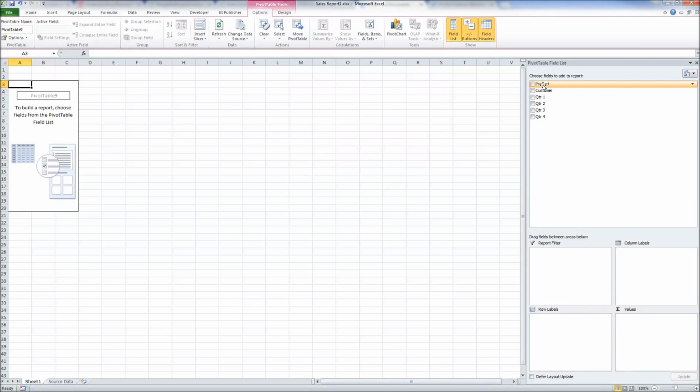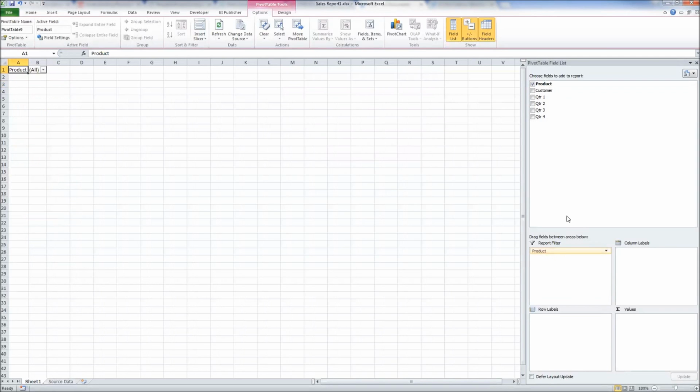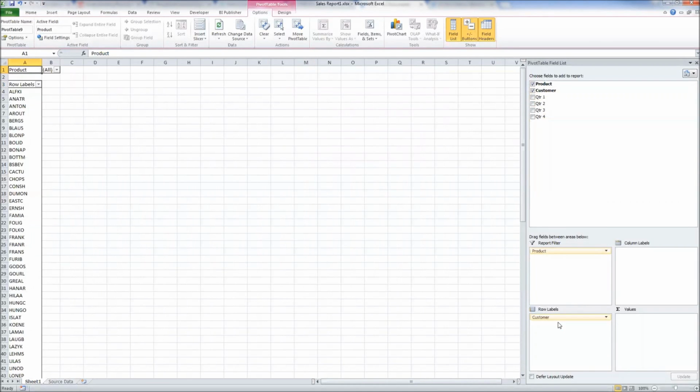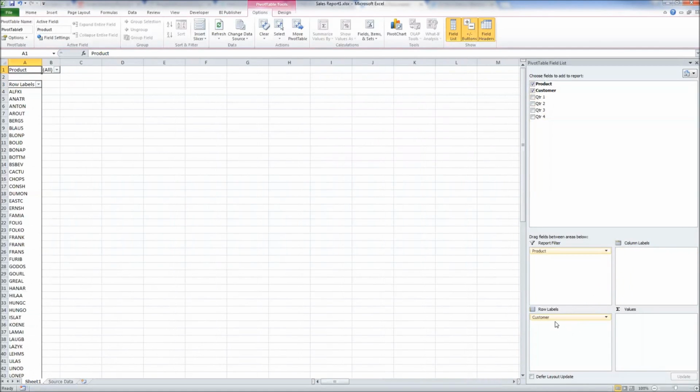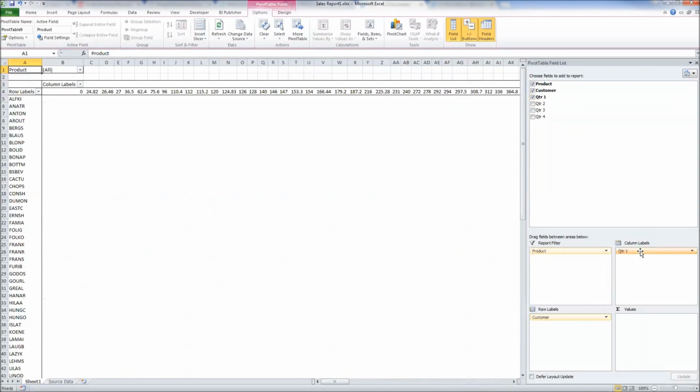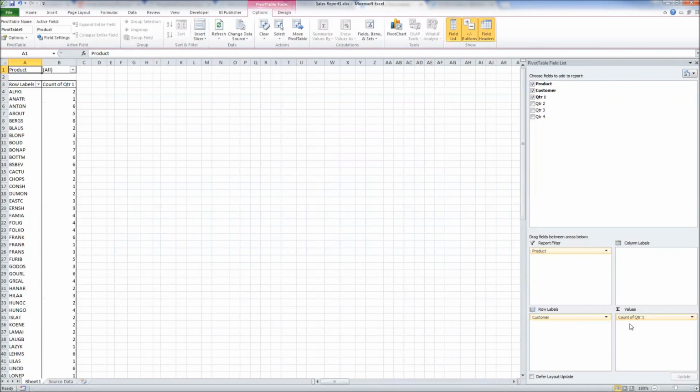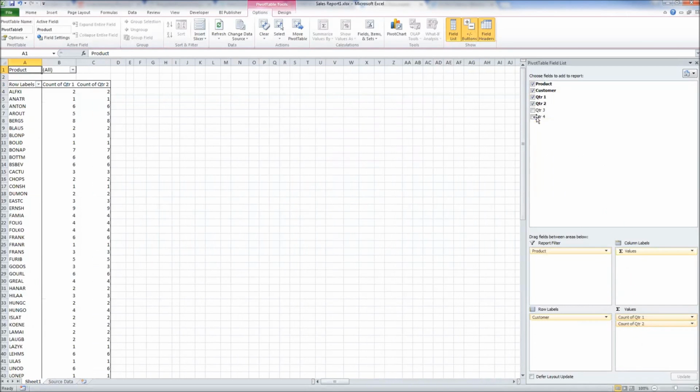So for the report filter, I'm going to use product. And I'm going to put customer in the row. Now I could put customer as columns, but I'm going to put it in the row. And then these are each of the quarterly sales. I could do that as a column as well, but in this case, I want to do it as a value. And you can see it's put it in there as a count,